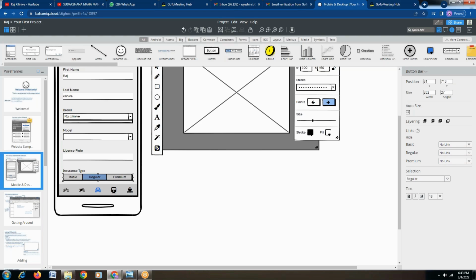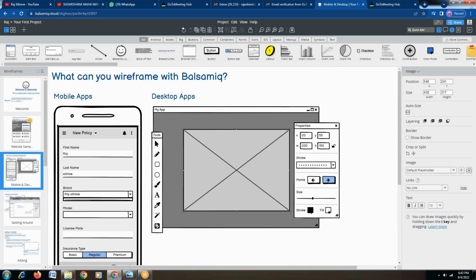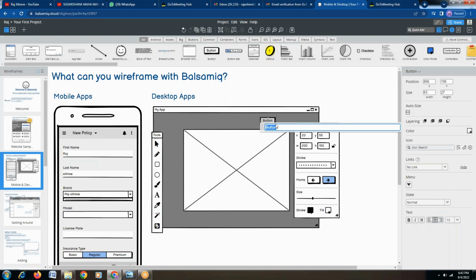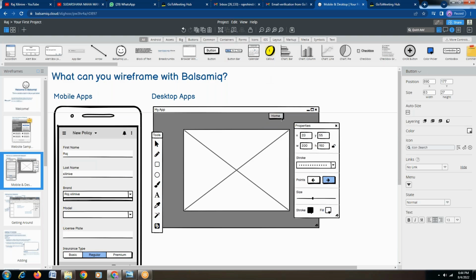So this is how generally the mobile apps and everything we prepare. Followed by this, even if you are creating some desktop apps, color combinations can be used, or if you want to put any kind of buttons, where do you want to put them? Do you want to put it on the left-hand side? For example, I'm just giving home as the button. Where are we giving this? Is it on the top right or top left?